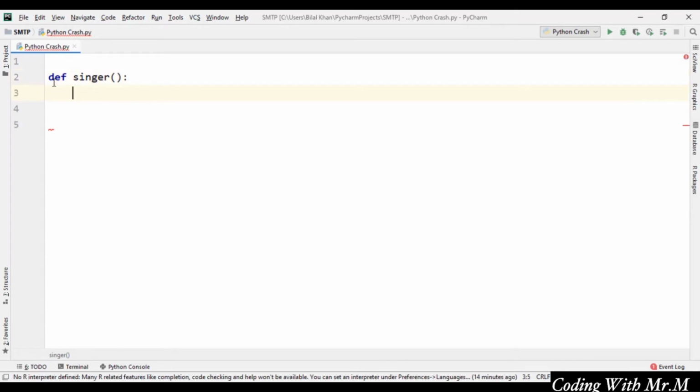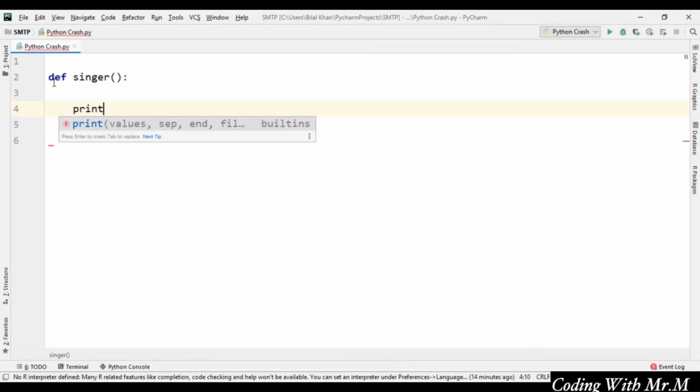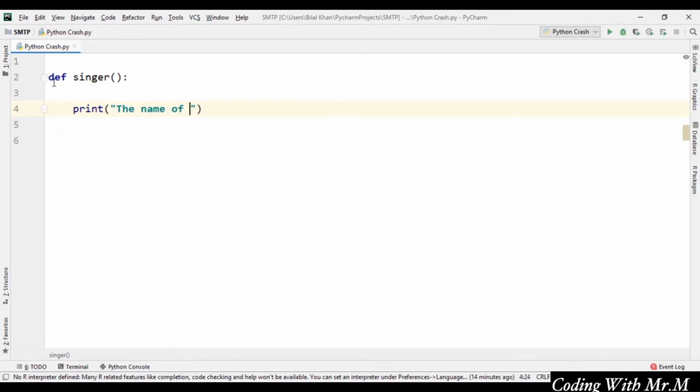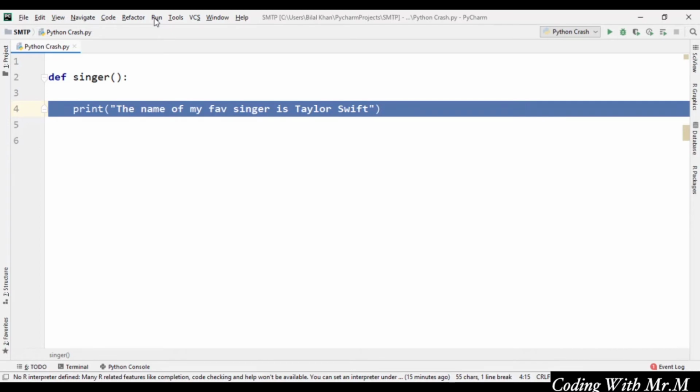Now inside the body of this function I can do anything that I want this function to do. So let's say that I want this function to print out the name of my favorite singer, which is Taylor Swift. So I can type: the name of my favorite singer is Taylor Swift. So now I have a function singer, and this function is basically printing out this thing on the console screen. I can have anything in this function, but just for simplicity, I'm just printing this out on the console screen. So now if I just run this code,